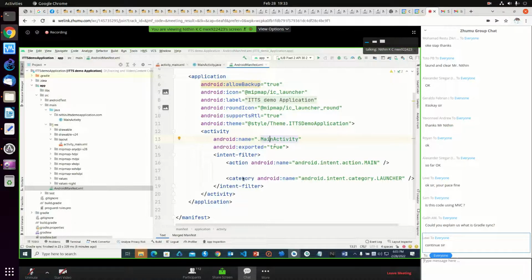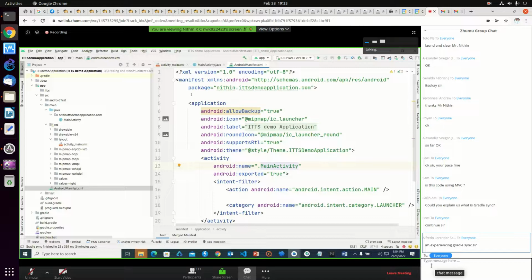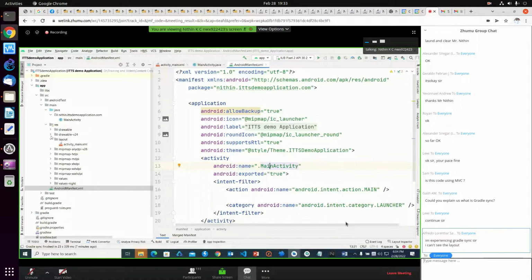You can mention the second activity here, and you can make that the launcher one also. You can try that on your side; we will discuss it later. And if you need any permissions, we can also add them in this manifest file. Then next we will discuss some other